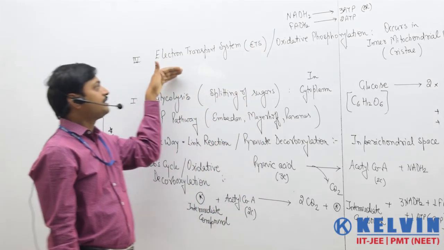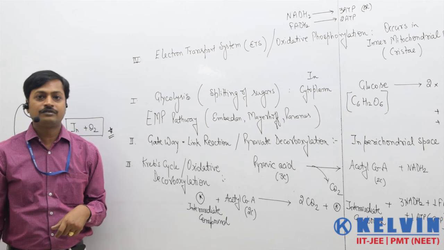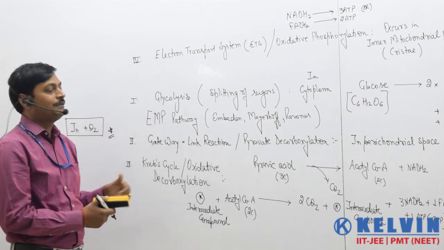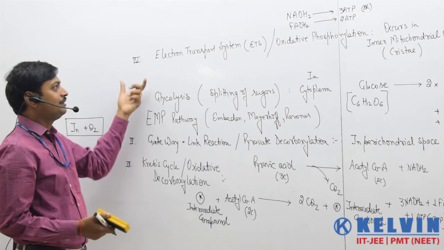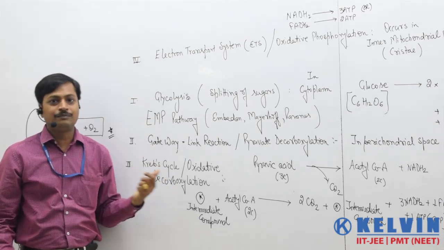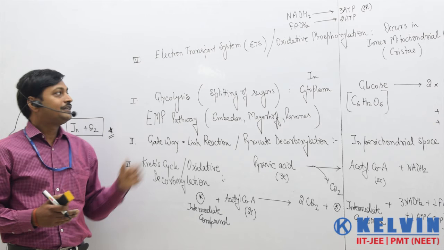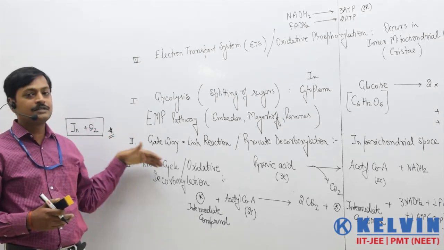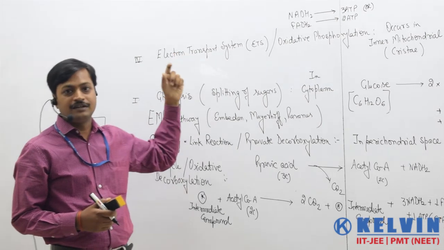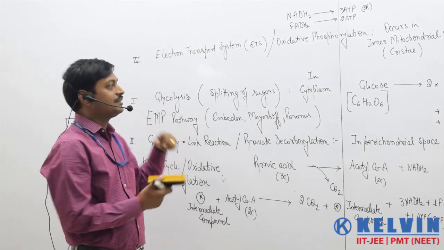So the 4th step is the ETS, that is simply the oxidative phosphorylation. If we overall summarize the complete chapter, because in the whole chapter we have discussed these processes in detail, step by step: that one is the glycolysis, then the pyruvate decarboxylation, Krebs cycle, and last one is the ETS. And if we overall summarize the reaction,